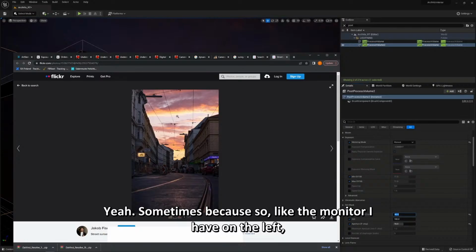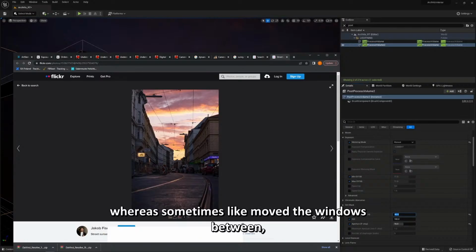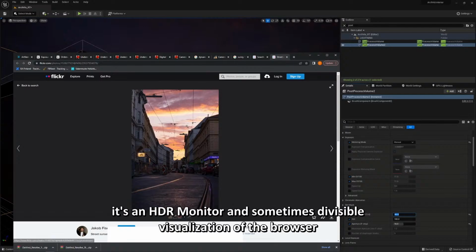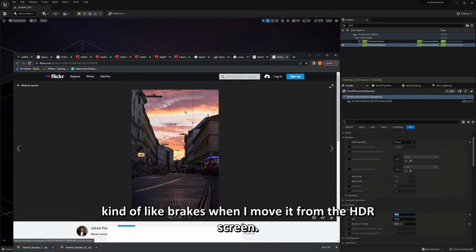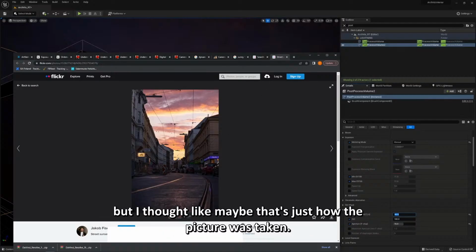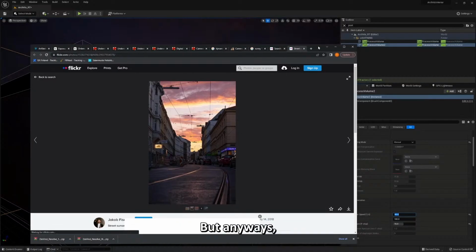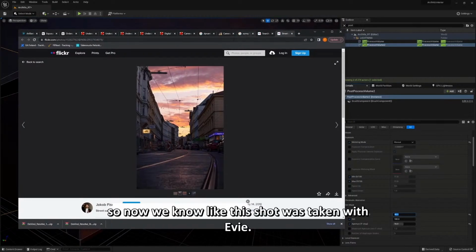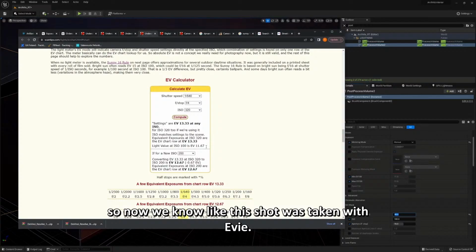Sometimes, because the monitor I have on the left is an HDR monitor, the visualization of the browser breaks when I move it from the HDR screen. It's actually not that blown out. I thought it looked a bit intense, but I thought maybe that's just how the picture was taken. But anyway, now we know this shot was taken with EV